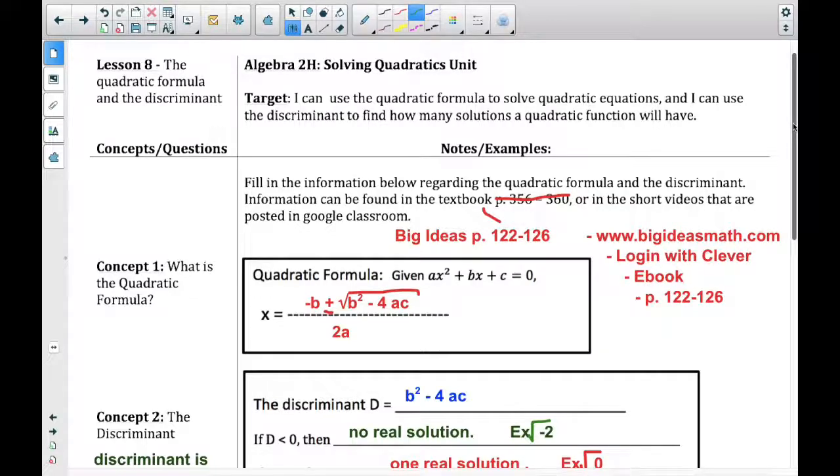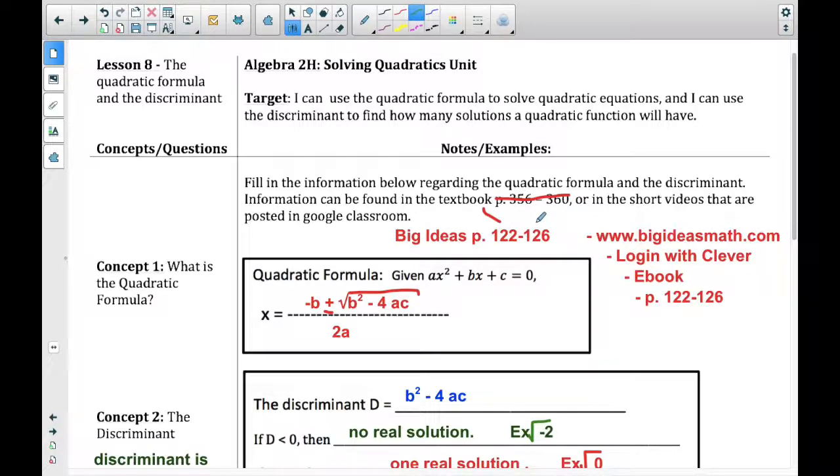This lesson today is about the quadratic formula and also the discriminant. First of all, some of the information in this is a little bit outdated. So one thing is it says it can be found in the textbook on these pages. Cross out those pages. Those were the old textbook. Our new textbook is the Big Ideas textbook, and they are on pages 122 through 126 in the Big Ideas